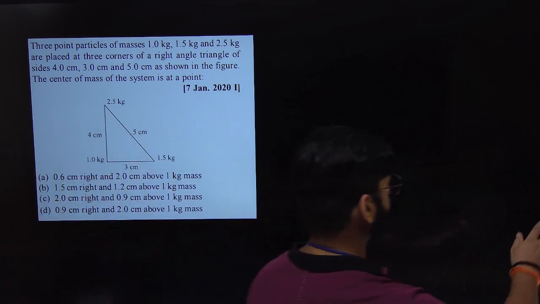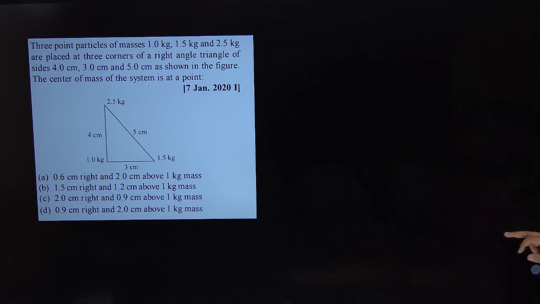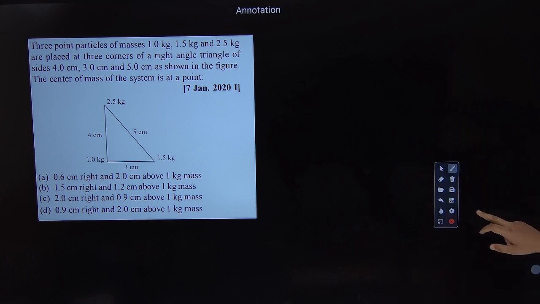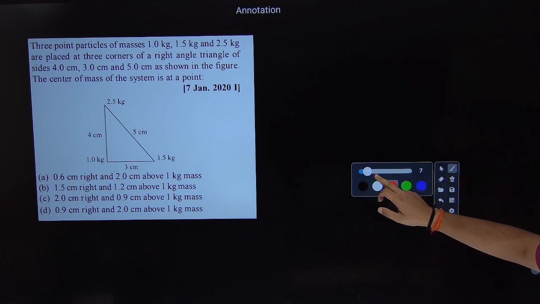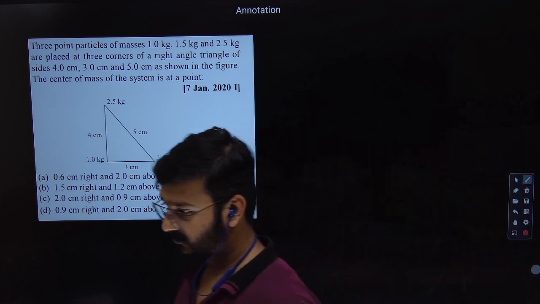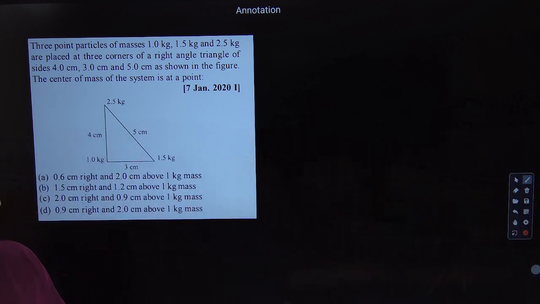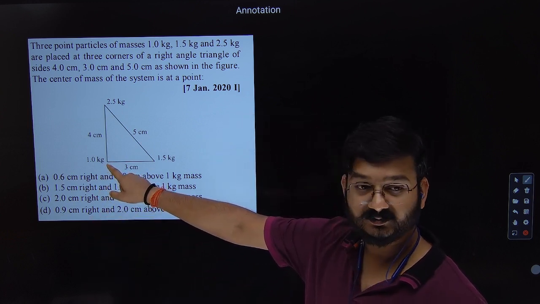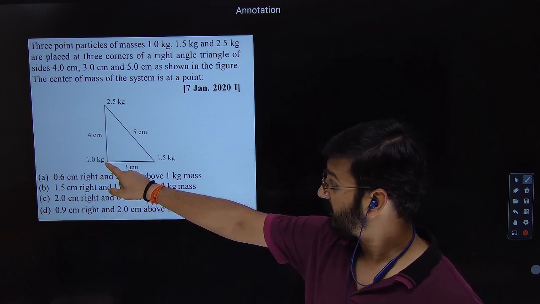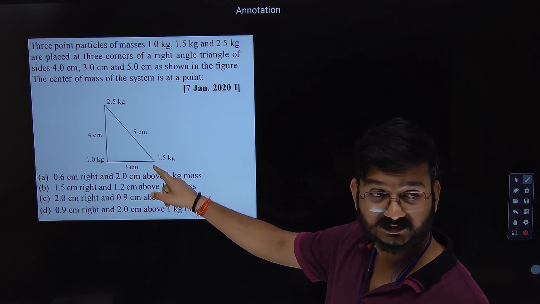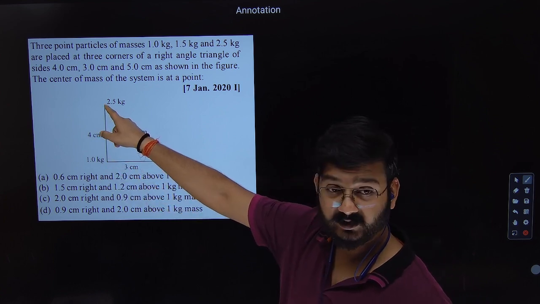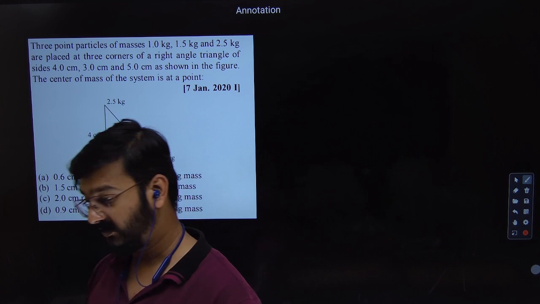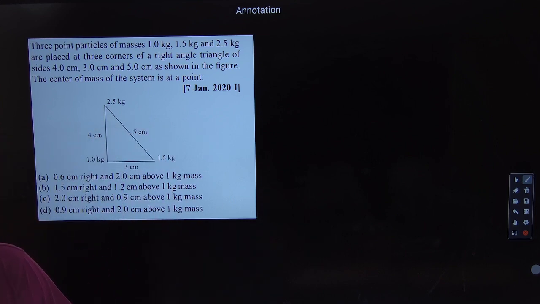All of you tell me the x coordinate. Use the formula fast. Yes, you can take this point as origin. So what will be the coordinate of this? 0, comma 0. This will be 3, comma 0. And this will be what? 0, comma 4. Very good. One of the points you can always take as origin, which will save your time in calculation.